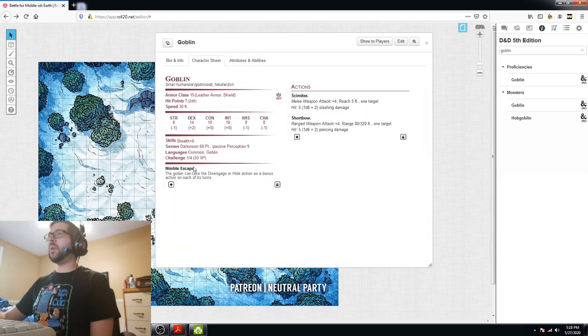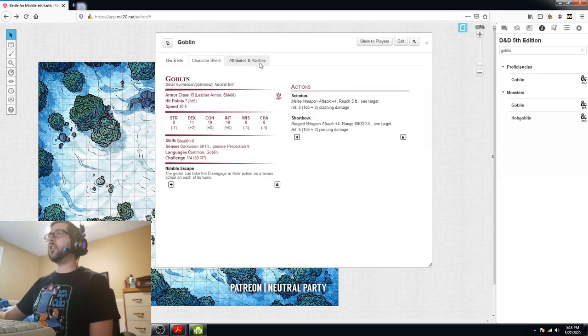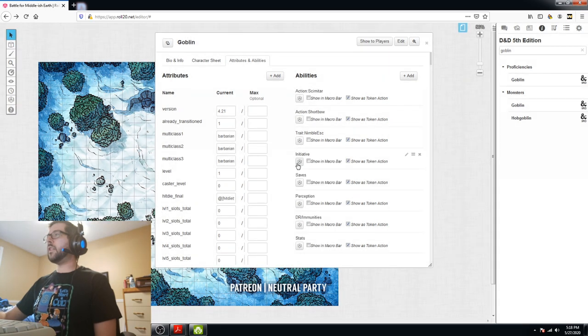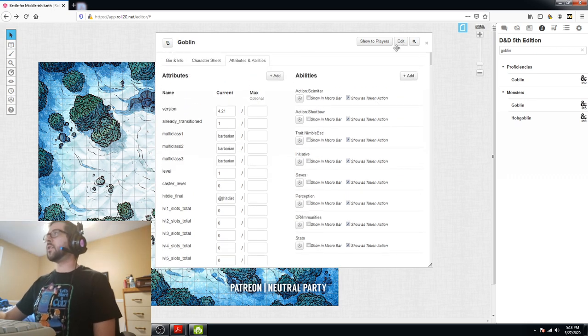And we go here, we have no more traits, so we go back and we get rid of the extra traits on here. Okay. Next we're going to go to reactions. This guy has no reactions, so we don't need this tab. And then the rest we are going to keep, because we're going to want initiative, saves, perception, immunities, and stats of this guy. So after that's done,